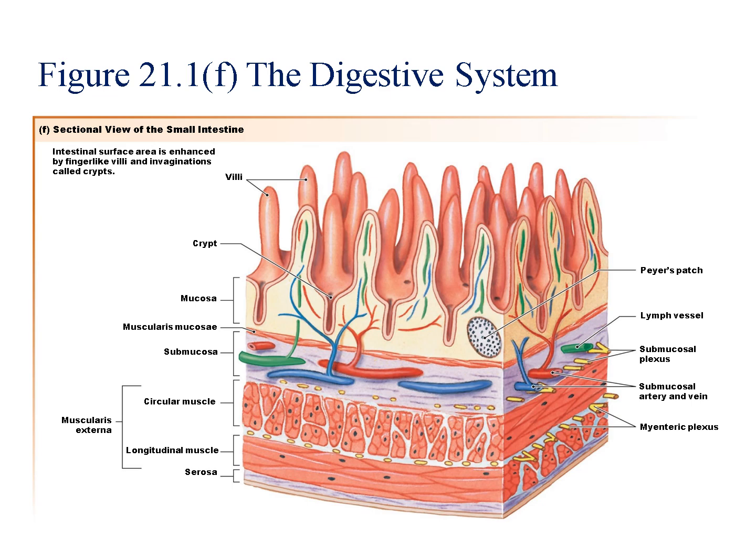This figure presents a sectional view of the small intestine, highlighting its structural adaptations for efficient digestion and absorption. The small intestine is lined with villi, which are finger-like projections that significantly increase the surface area for nutrient absorption. Between these villi are crypts, which contain specialized cells that help in secretion and cell renewal. The mucosa, the innermost layer, contains epithelial cells that